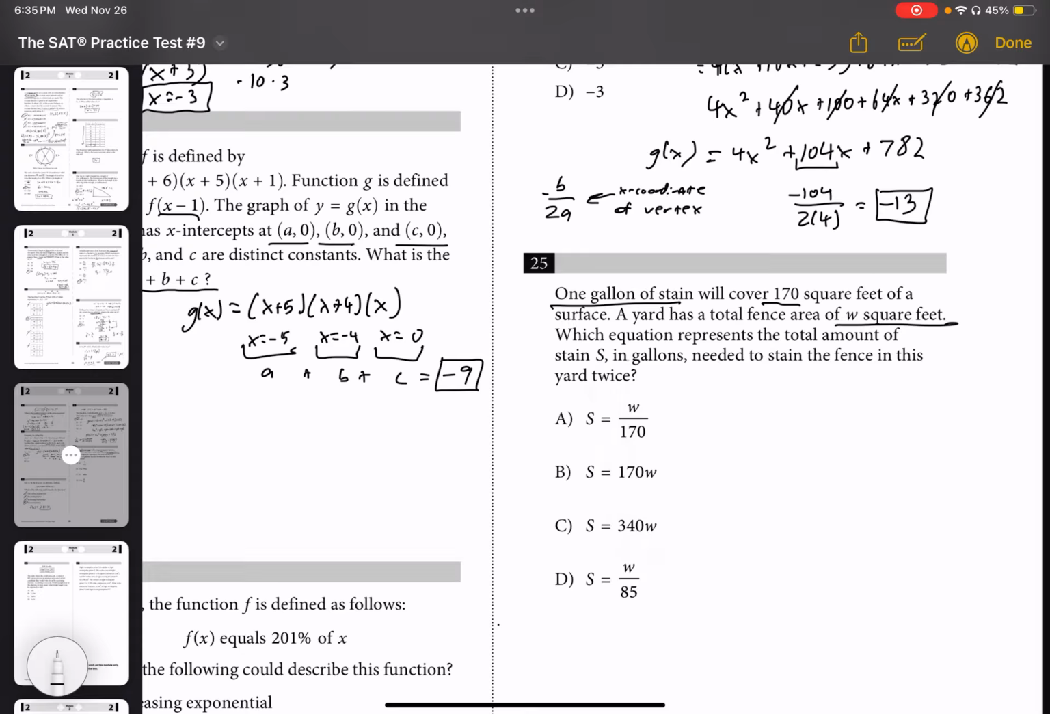Which equation represents the total amount of stain S in gallons needed to stain the fence in the yard twice? Okay, needed to stain this fence in the yard twice. So 1 gallon of stain, S, is going to cover 170 square feet. So we know that